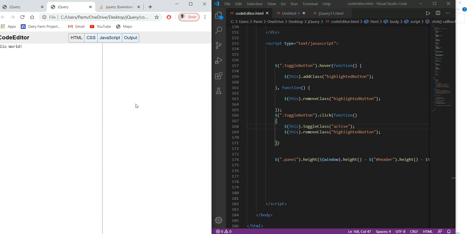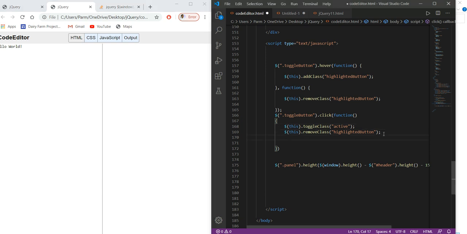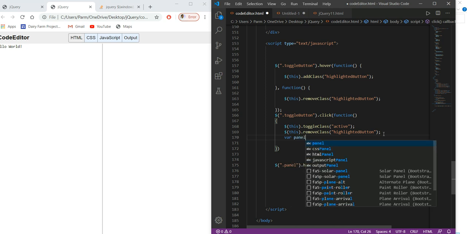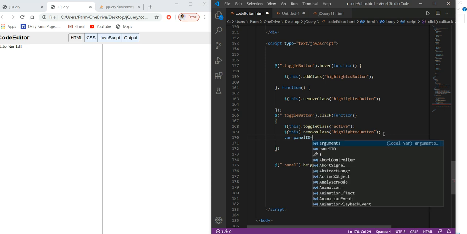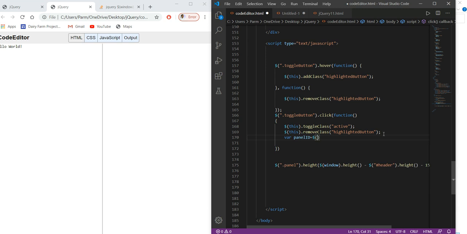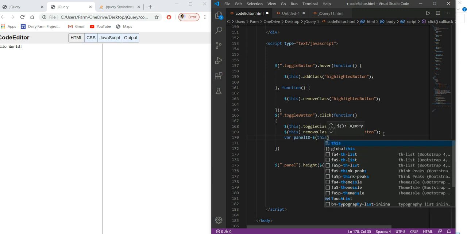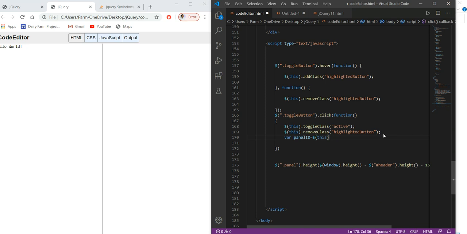So now what we have to do is share this panel among the four parts, or sometimes with one, two, or three. So how can we do that? We take a variable over here and give it the name panel id, and that is equal to this, and we just need to get its attribute.